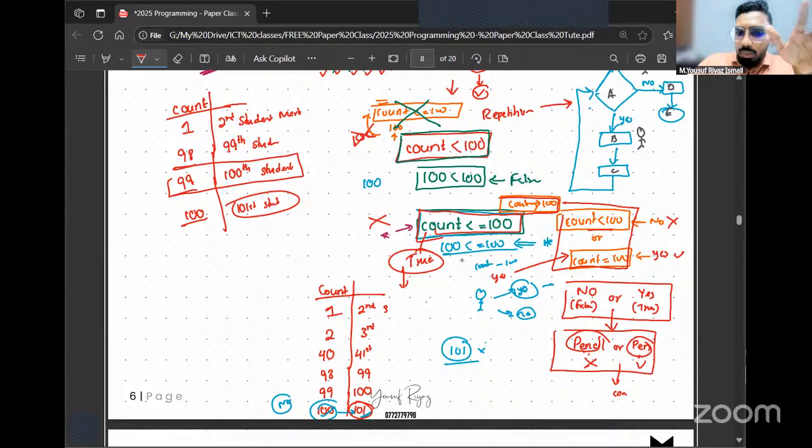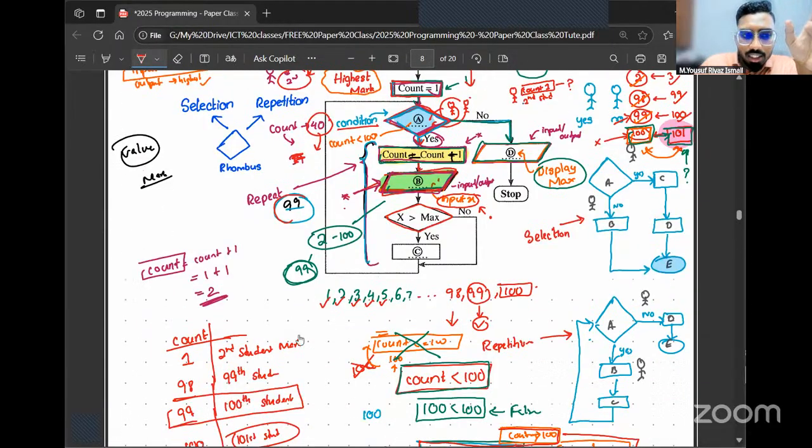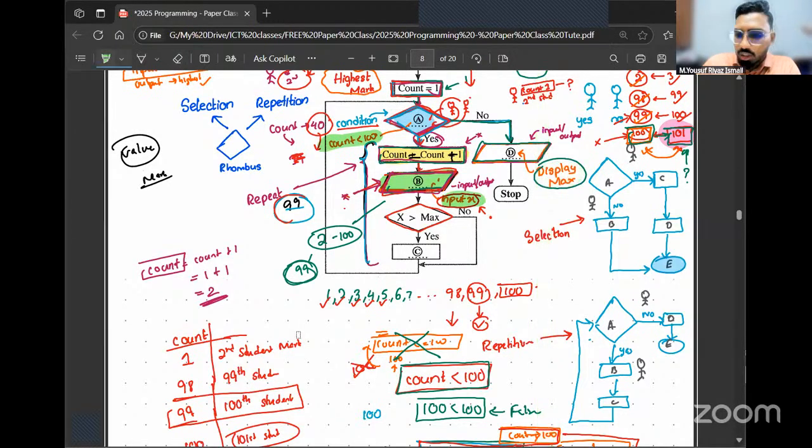This is wrong because when the value of count is 100, it will allow, but when the value of count is 100, it should not follow the instruction. So therefore, A should be is count less than 100. There is no other answer A can be. Got it? I mean, the other answer is count less than or equal to 99. That's possible, but no. Okay.